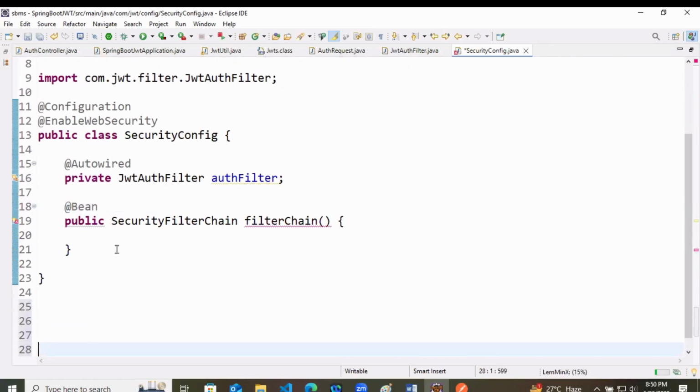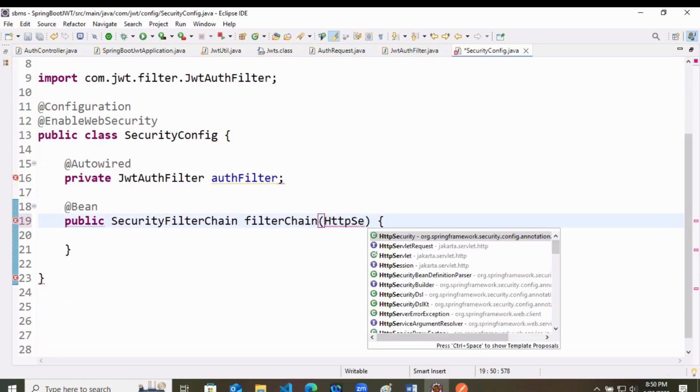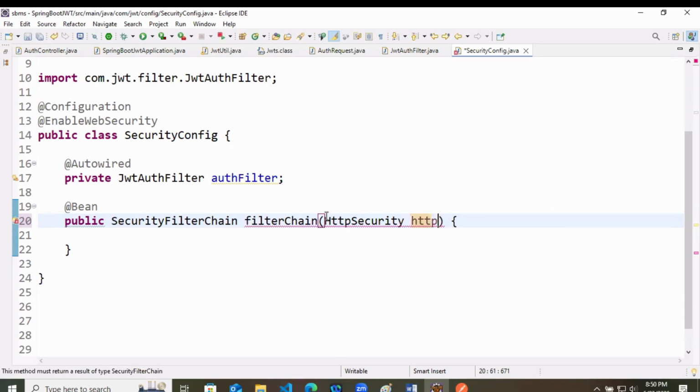Means when I'm starting my app, it should run. Now it will take the object of HTTP security. See, last time also we created it, if you want, you can copy paste the same thing from there, but I'll type it, don't worry. So it throws the exception.